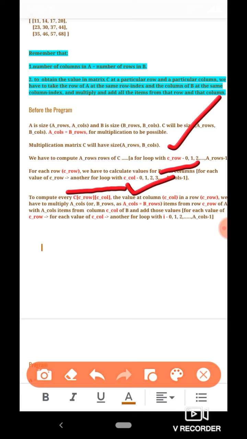So there is going to be loop inside loop with the second loop variable being C call, representing the column being computed.